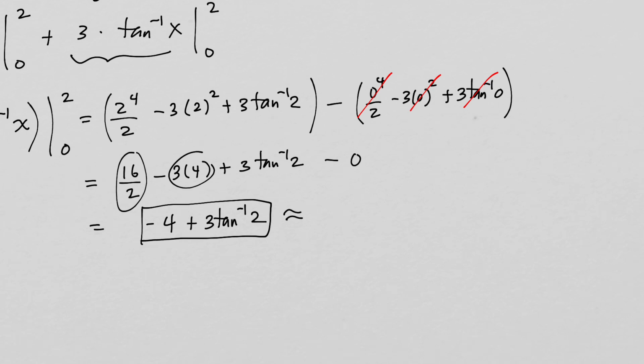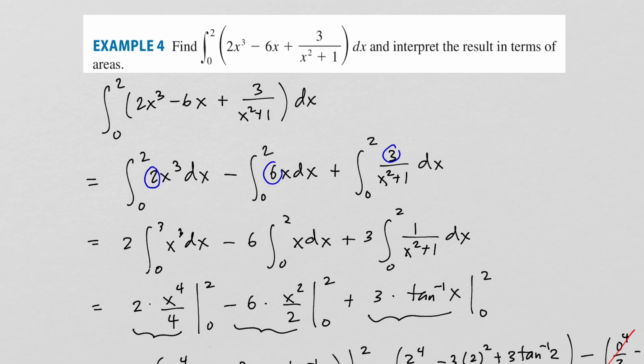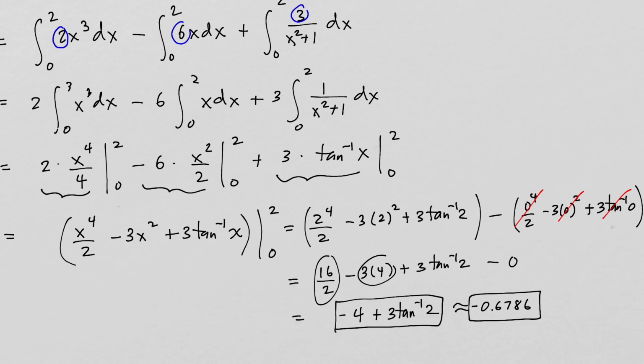And this is approximately negative 0.6786. Now, what does this mean? Well, it's a definite integral, right? Definite integrals always represent the area under the function that you are integrating. So if we were to graph this function,